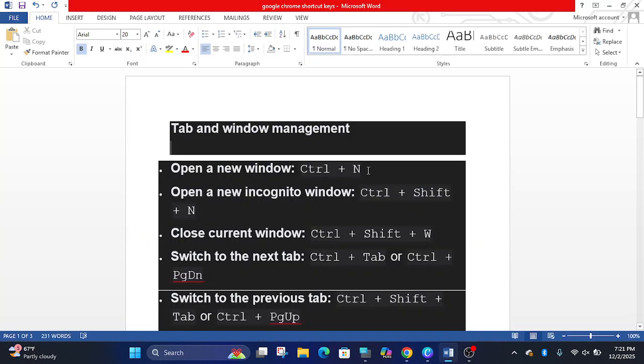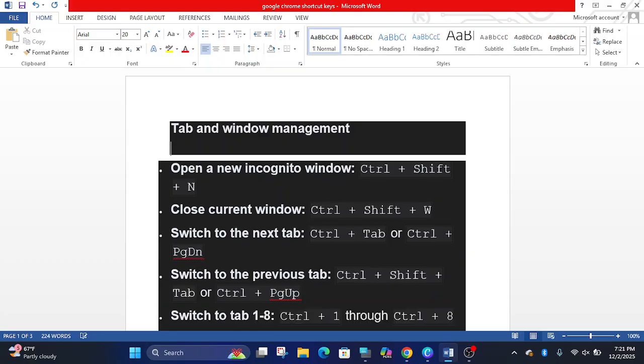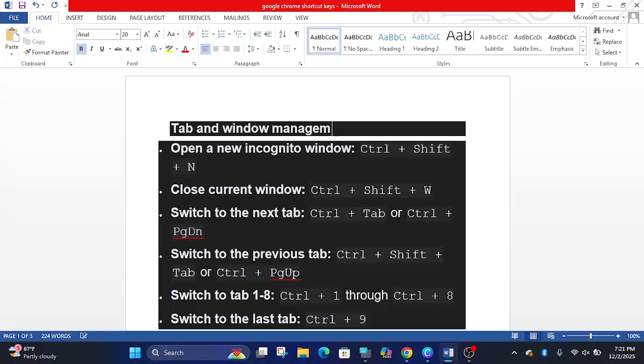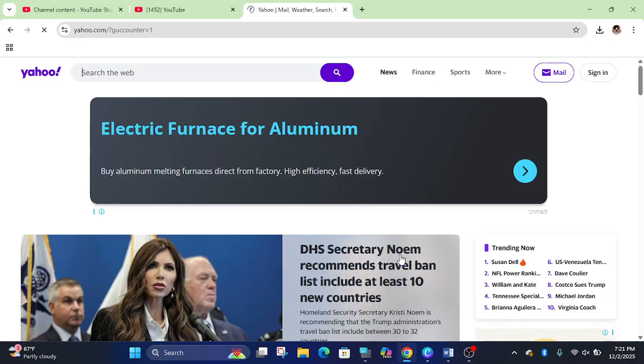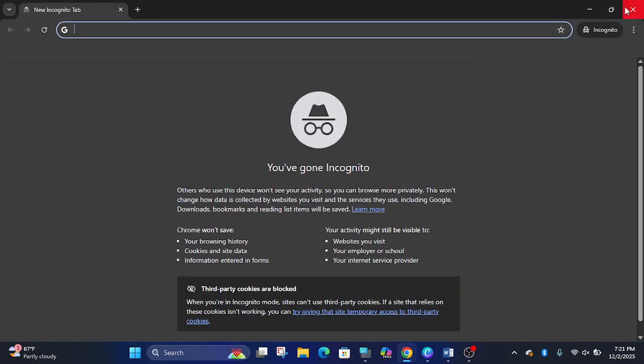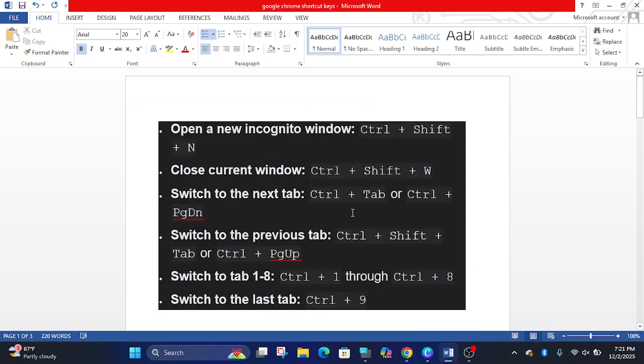Control N. To open a new incognito window, it is Control Shift N, the new login tab. Mostly you may notice this type of window.